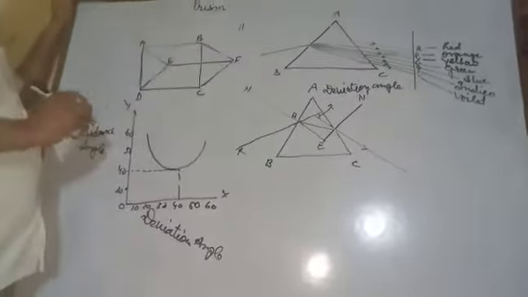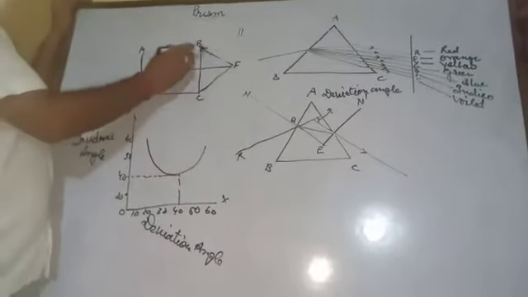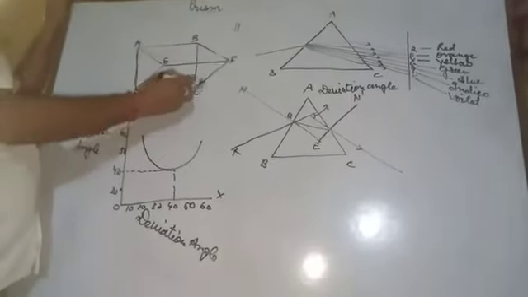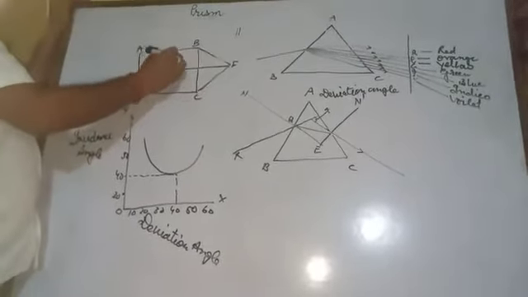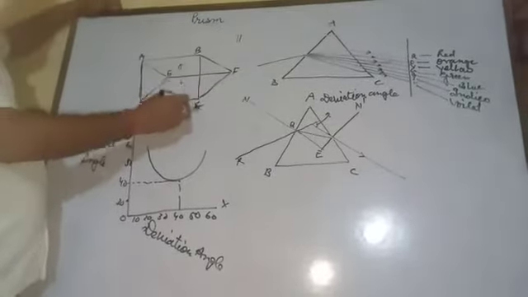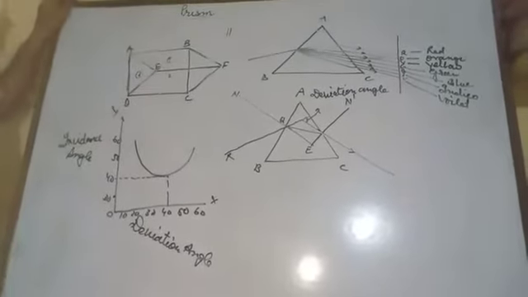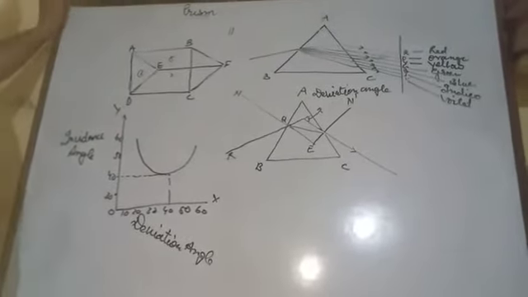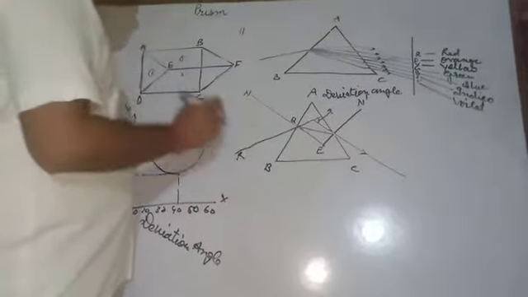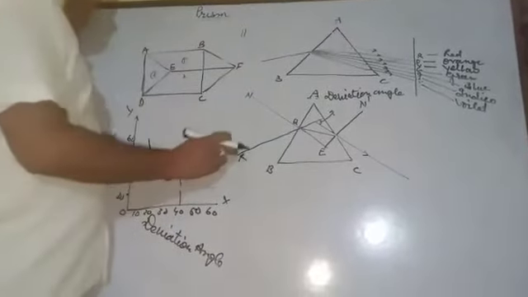and three rectangular surfaces: A, E, B, F and E, D, C, F, one, two, and third is A, B, C, D. Three rectangular surfaces. When a light ray travels through a prism,